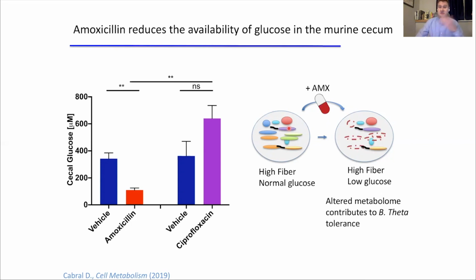Right, and so in this case, there's some glucose, some fiber, so it's kind of this intermediate response associated with susceptibility. However, when we give amoxicillin, we see that there's a collapse in glucose, but the fiber is still probably just as high, and this is more associated with the tolerant in vitro experiment, essentially associated with the exposure of B theta to amoxicillin on dextrin. So low glucose, high fiber seems to be also associated with protection in the context of the microbiome.